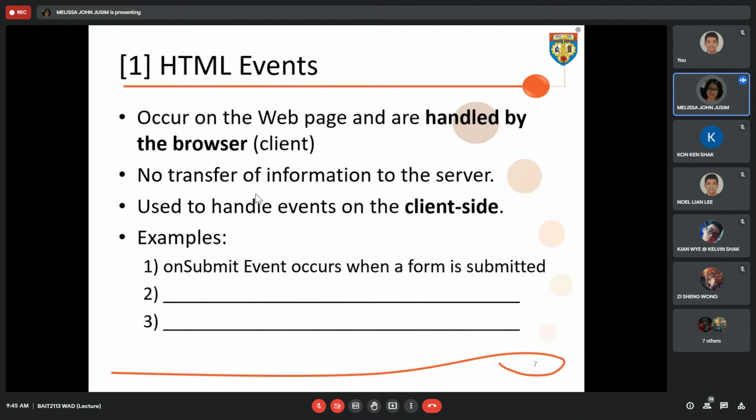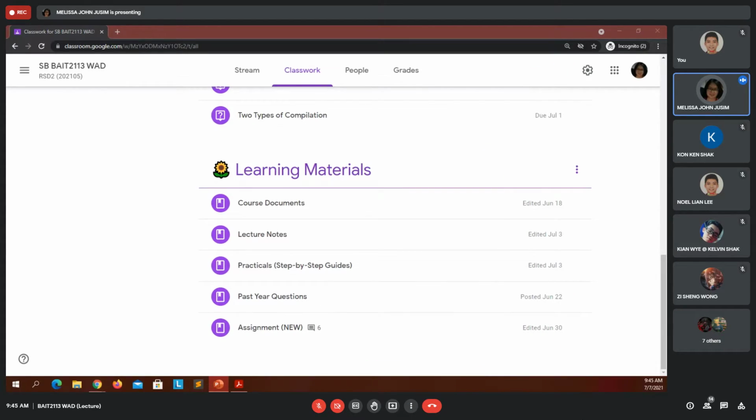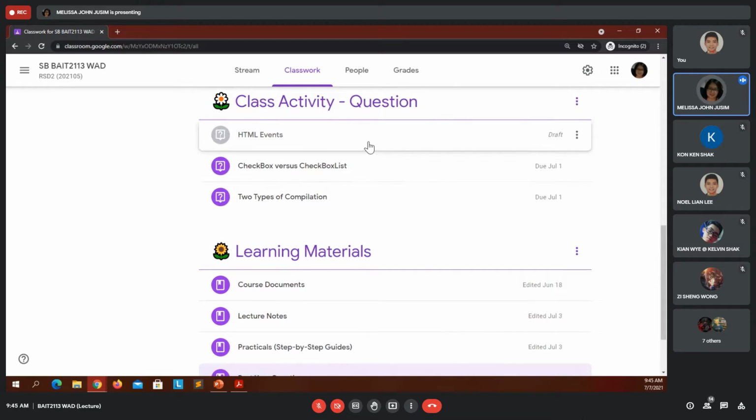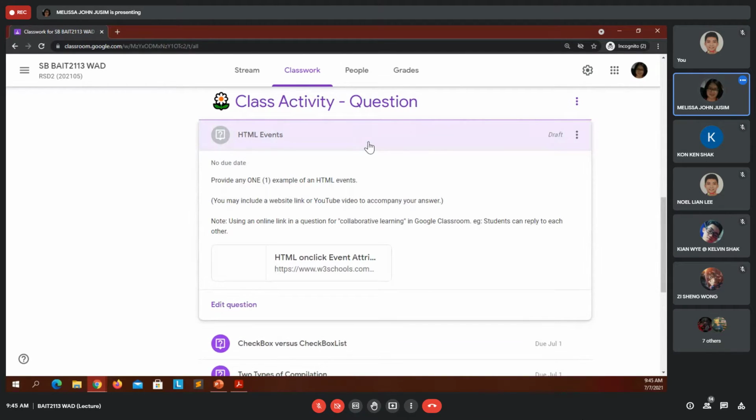But before that, remember, we have an incomplete example. So for this one, for blended learning, I have a question ready for you. Yes, HTML events. Provide any one example of an HTML event.